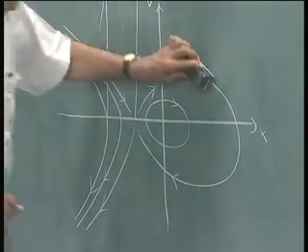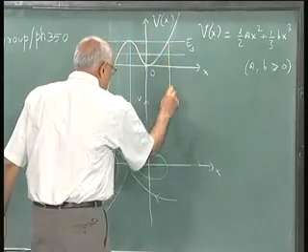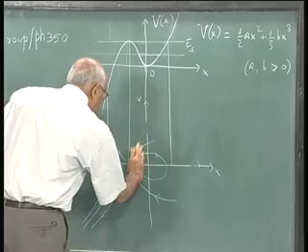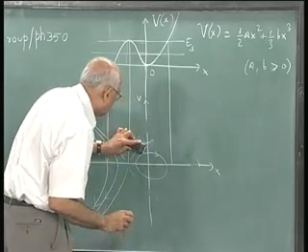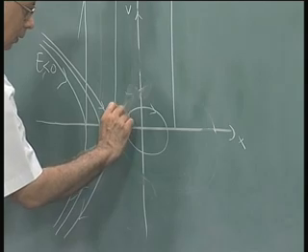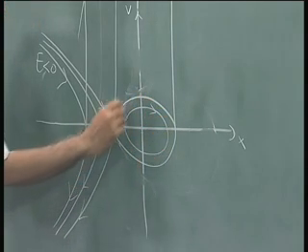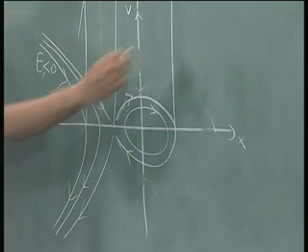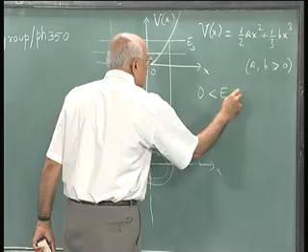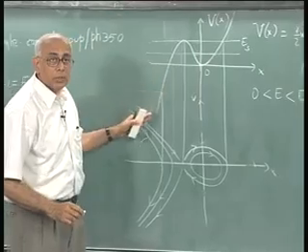Oh, I made a mistake, I exaggerated this, because if you are here at this point, you could never go beyond that point. So it is clear that I need to draw this more carefully. Here, reach that point, and then you come back. So notice that for 0 less than E sub s, you have both unbounded motion here on the left hand